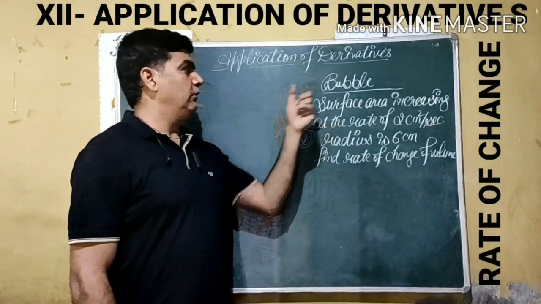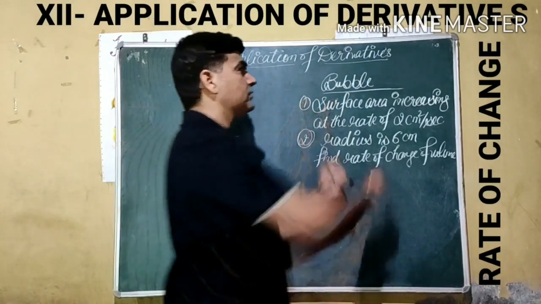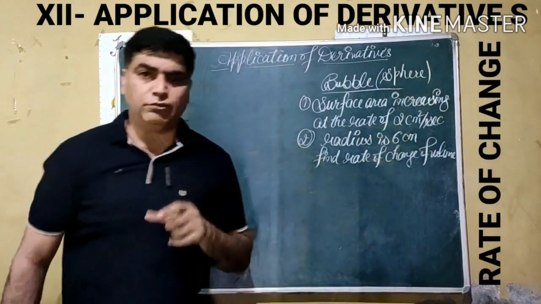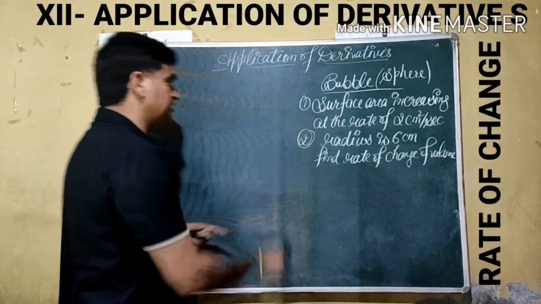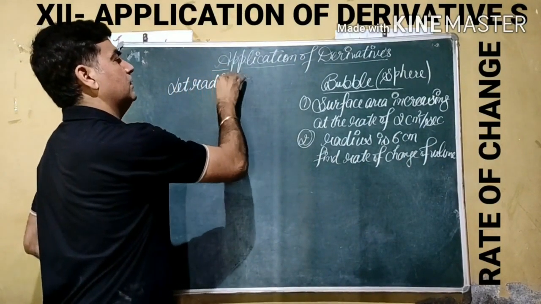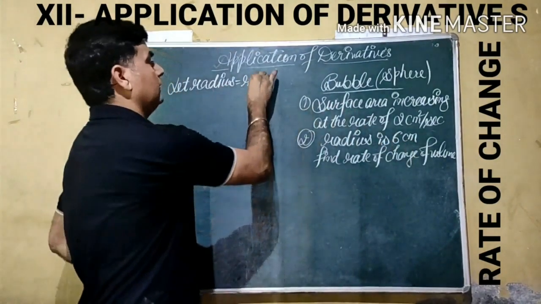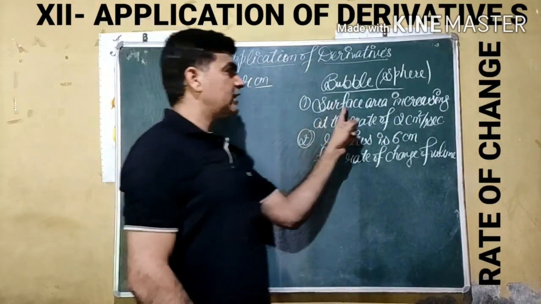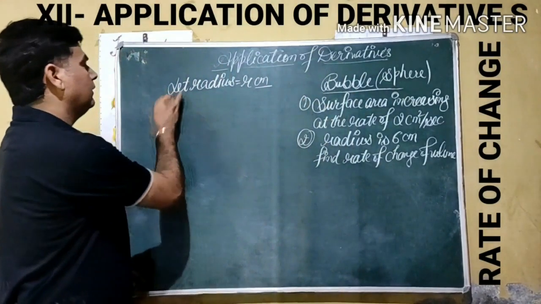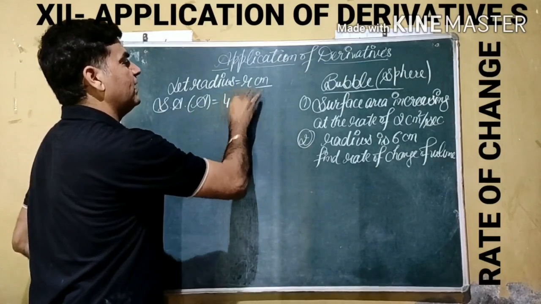The next question is, we are given an air bubble. As you know, an air bubble is in the shape of a sphere. This shape is now given here, a sphere. In a sphere there is one parameter that is going to change, that is radius. So we take the radius as r. The unit for it is given as centimeter. What we are given is the surface area. The surface area of a sphere, we are using indication A, is given by 4 pi r square.